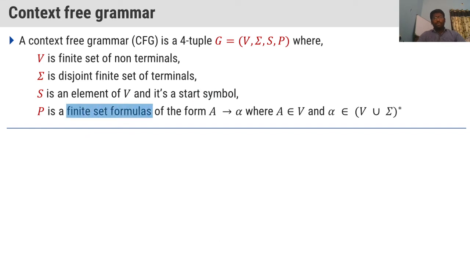finite production rule. What is this production rule? We'll understand now. I told you context free grammar will be in the form of A implies alpha, what we have taken here, and otherwise you can write that as alpha implies beta also. And you must understand that there is a left hand side production and right hand side production. On the left hand side there will be a single non-terminal, on the right hand side you can have any number of terminals and non-terminals. That is the point you need to understand for context free grammar.